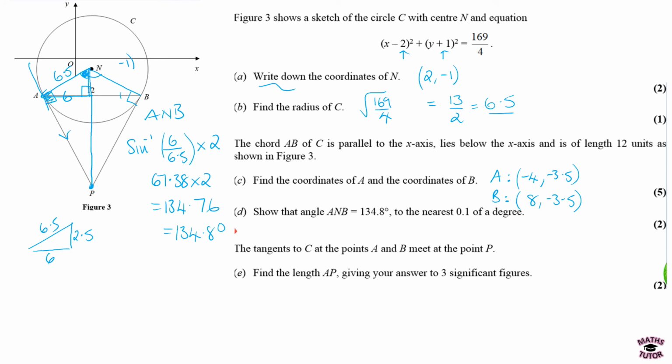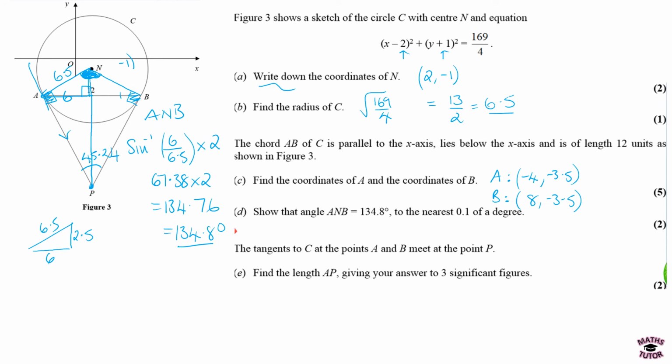We've used 2 lots of 90s, so that's half of the 360. This angle here we've just shown is our 134.8, so this angle here must complement with the one at the center here to make the other 180 for the 360 in the quadrilateral. So that angle there at the bottom is going to be